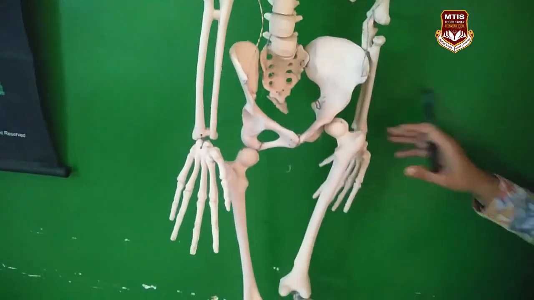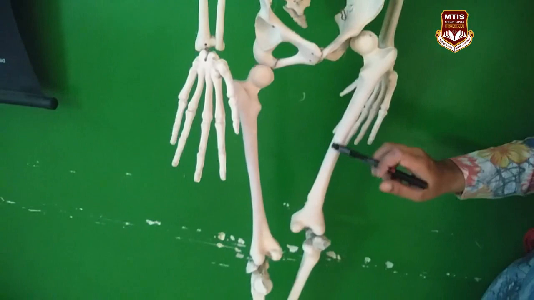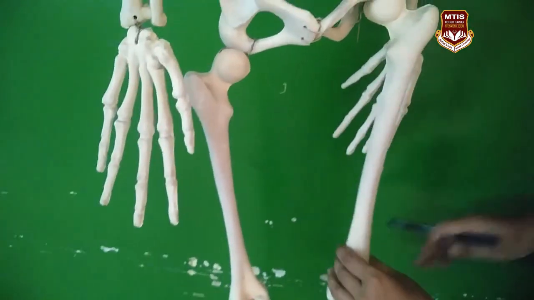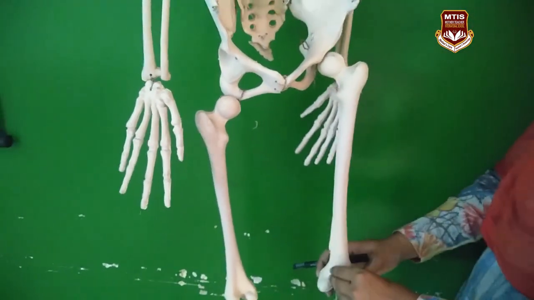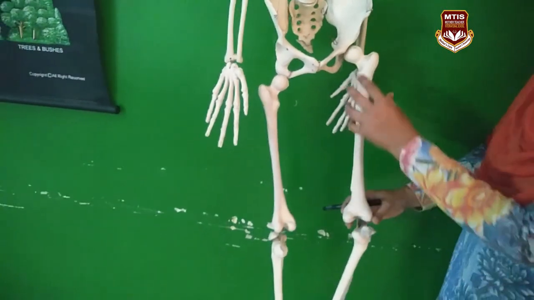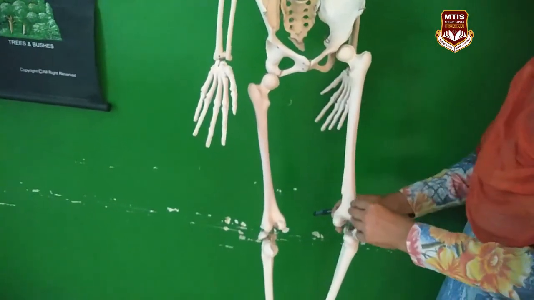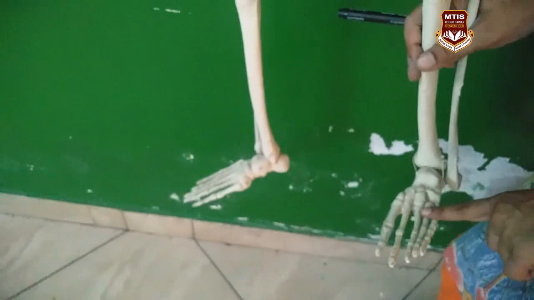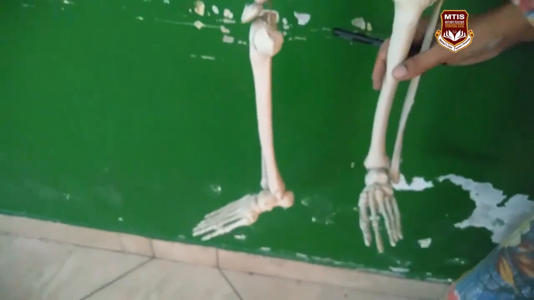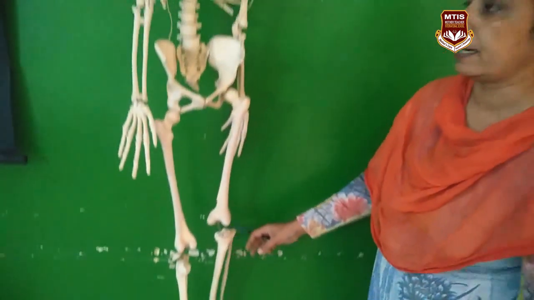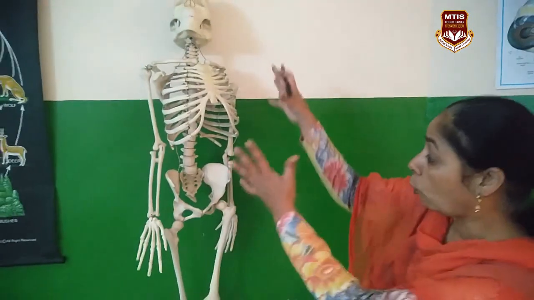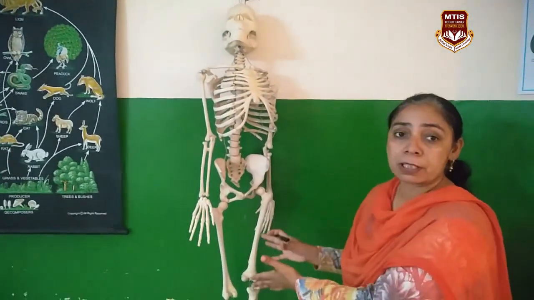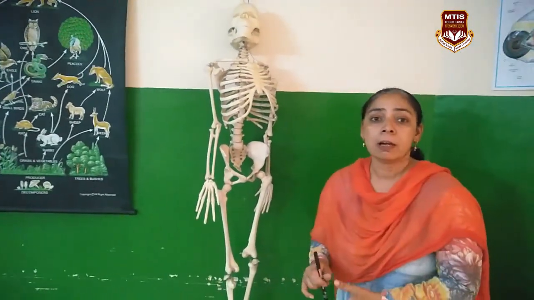Similarly in legs, again the largest bone is called the femur. The femur is the largest bone, right? It is also called the thigh bone. And here again 2 lower bones are there, and then the feet bones, toe and feet bones. Together, this whole framework forms the skeleton system of our body.